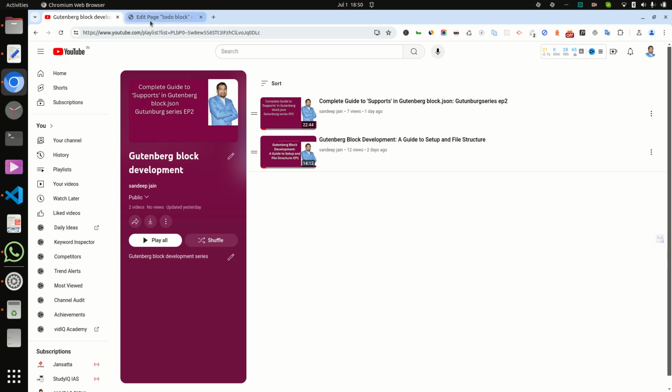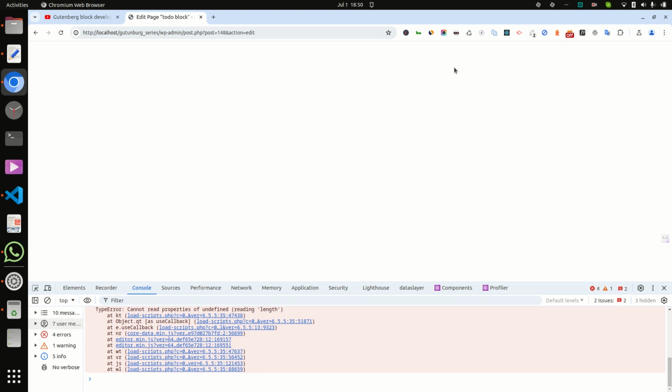Sometimes we get issues with Gutenberg development, like I am getting a white screen.